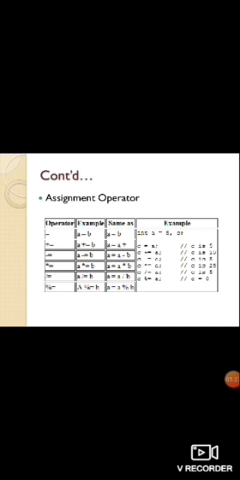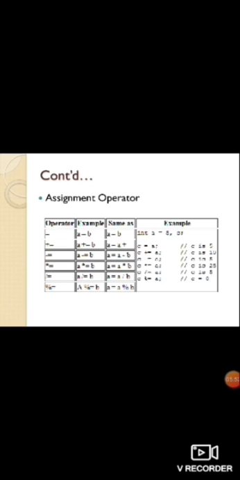For example, here we are declaring two integer variables a and c. Now a is assigned 5. Now if we write c equal to a, whatever the value of a is assigned to c. So if a contains the value 5, after this statement the content of c becomes 5.